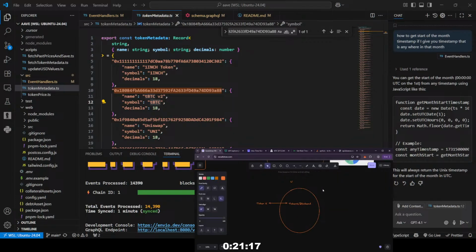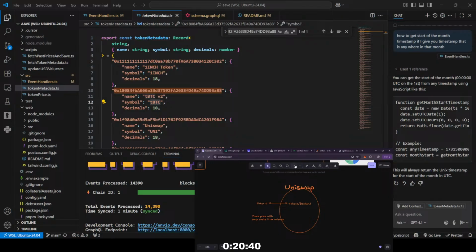So put this at the top: track price with swap events from Uniswap,